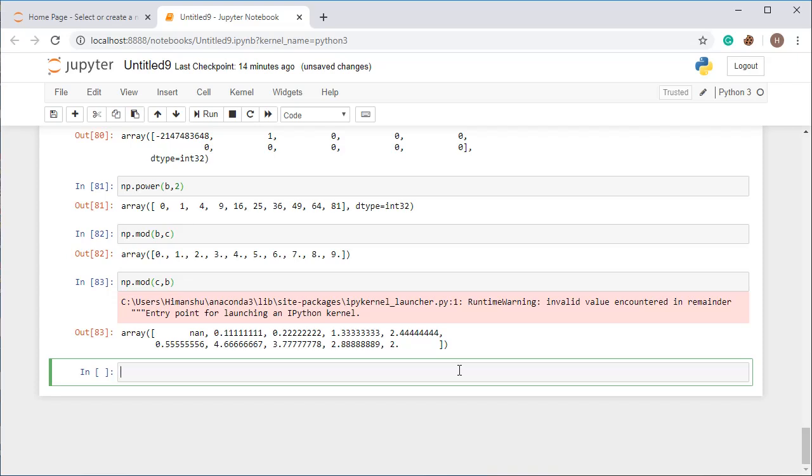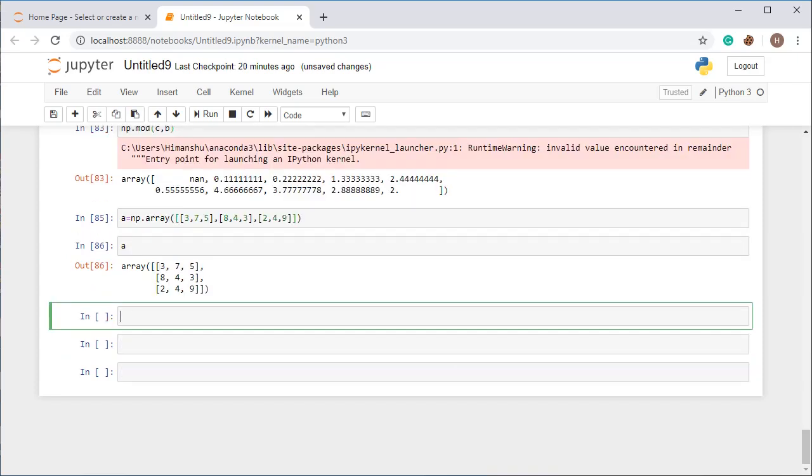So let's start with minimum and maximum. Minimum and maximum, percentile, as well as deviation and variance are the useful functions in NumPy. Let's see the min function; the name of the function is amin.